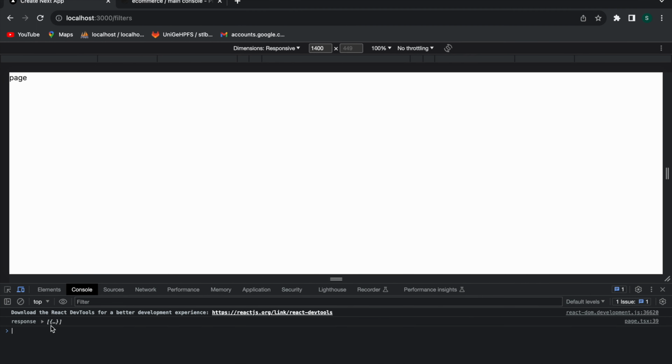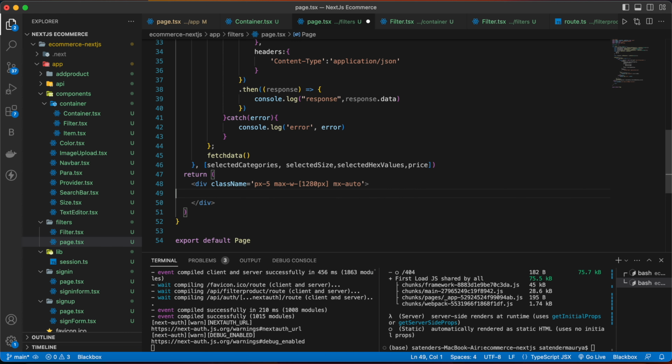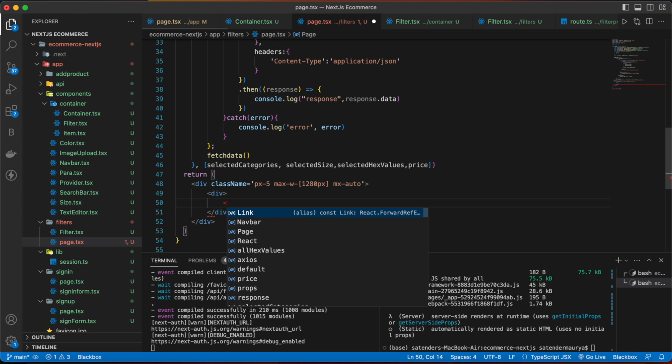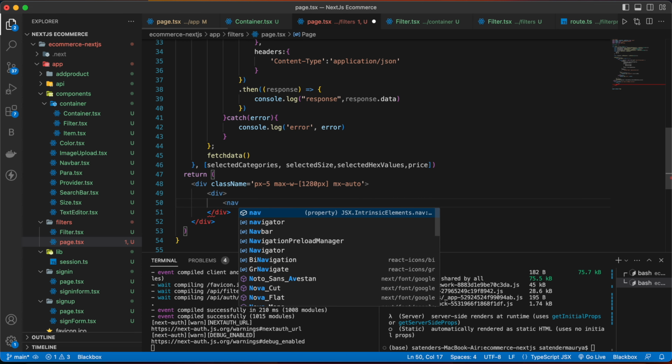Inside this div, add a class name, it takes 5, max width of 1280 pixels, and mx-auto. And inside this we are going to have one div, and then we can write our navbar here.